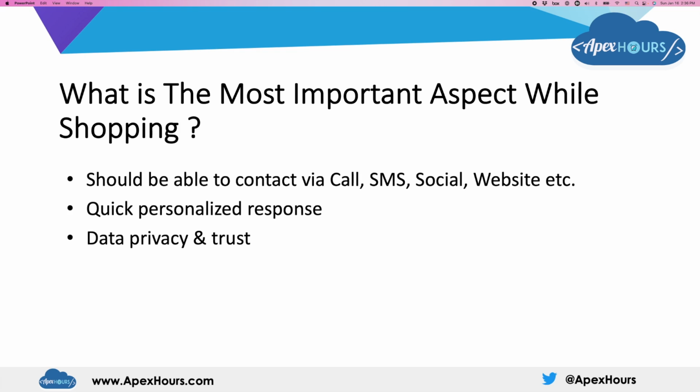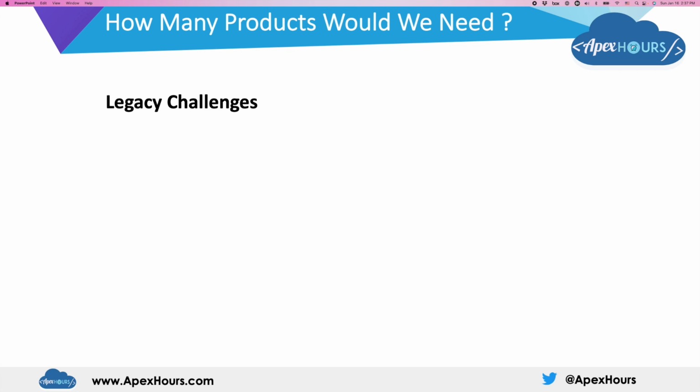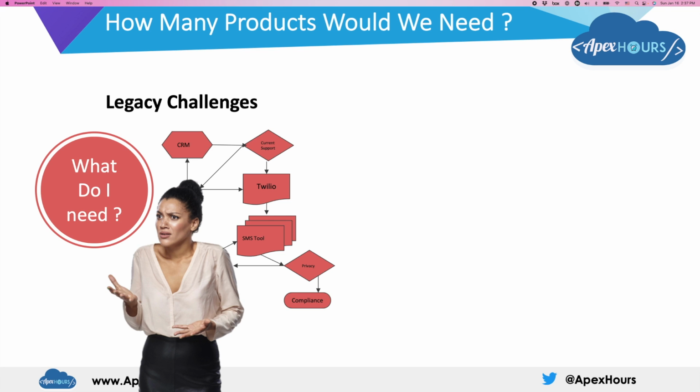So considering this, as you can see, point number one, how someone can contact the company. Let's forget for the time being about Salesforce. If I ask you, you are a company and you want your contact center to enable all these channels, what would you do? You have a CRM, you have to provide web support. For SMS, there are multiple options available these days, like Twilio, an awesome tool. We have an SMS tool. What about the privacy? What about the compliance? How should I stitch it all together? How should all these come together?